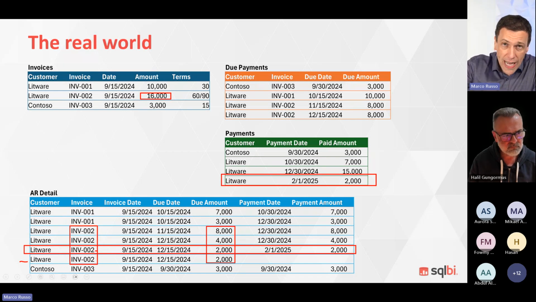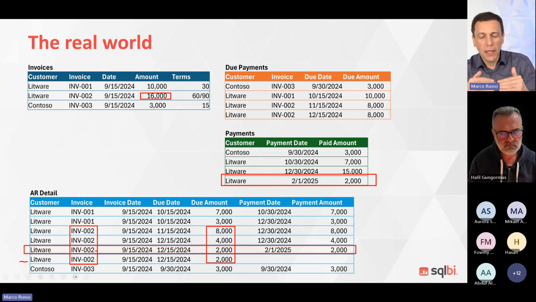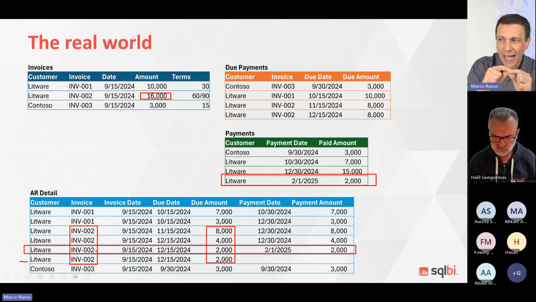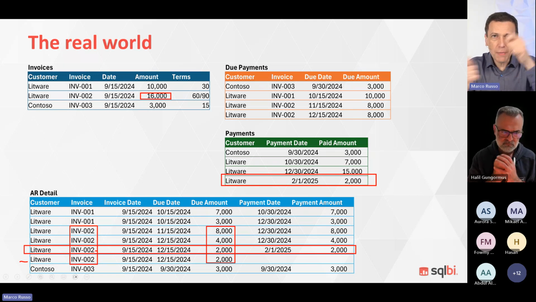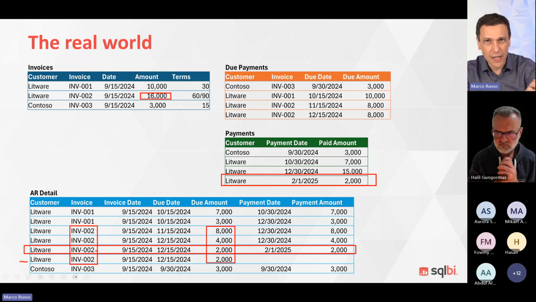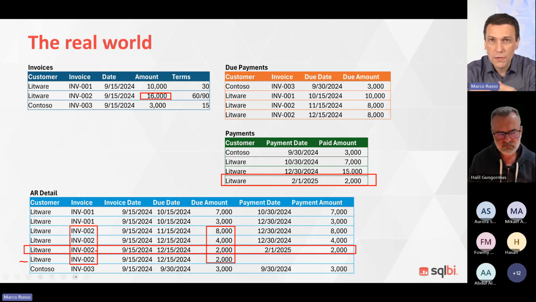If I had to create the code for this scenario, I probably would try to not use DAX, because DAX to solve this problem is complex. Whenever you have a solution where you have to get a value and then allocate this value with a technique based on first in, first out, that's because you don't have recursion in DAX. So it's very hard to get a value, then allocate and remember in the previous row and do something with the remainder of a previous operation. That's complex in DAX. If you use a procedural language, it is much easier.